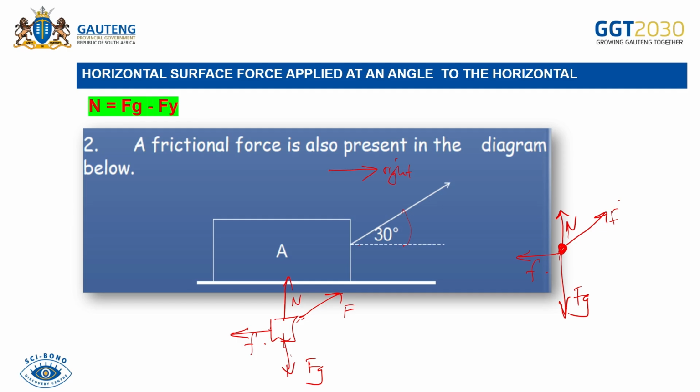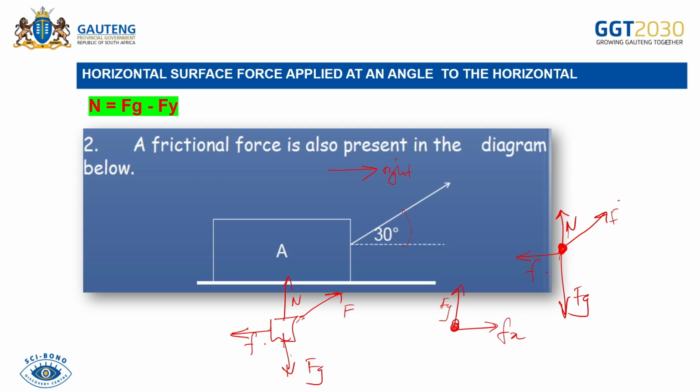Now the problem starts here, where now a force is applied at an angle to the horizontal. So already you know how to resolve a force into its components. So for you to get the magnitude of the normal force, resolve this force into its components. So when I resolve this force into its components, I'm getting Fy and Fx. Okay, so